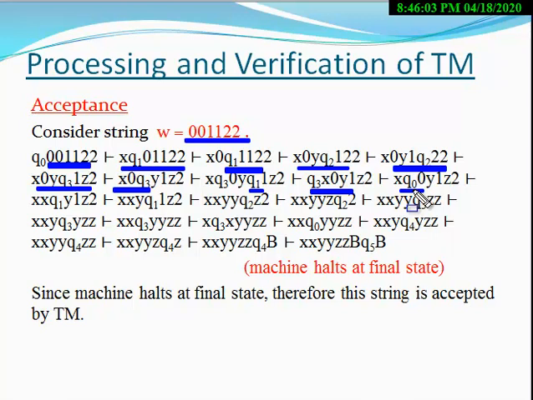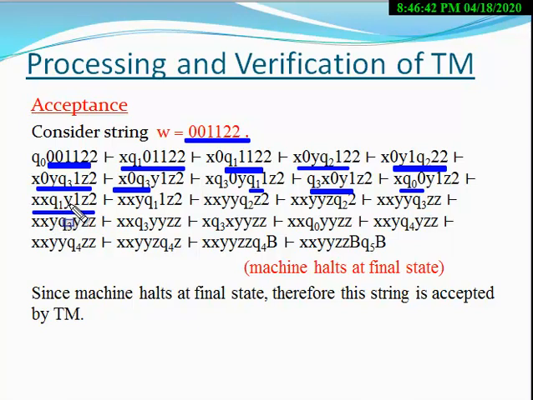The number of cycles you have to repeat depends on the number of 0s. If the number of 0s is n, then you have to repeat the cycle n times. Here the number of 0s is 2, therefore you have to repeat the cycle 2 times. The first cycle you have completed, now you have to repeat the second cycle. At state Q0, 0 appears, 0 is converted into X, Q0 changes into Q1, and the machine moves to the right. After applying this transition rule, the next ID is this.